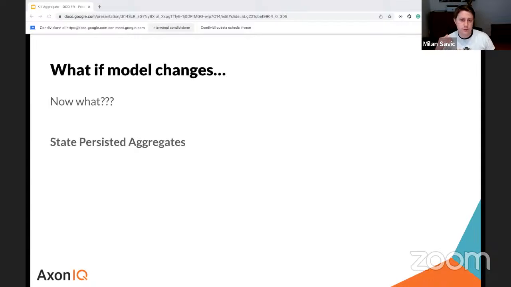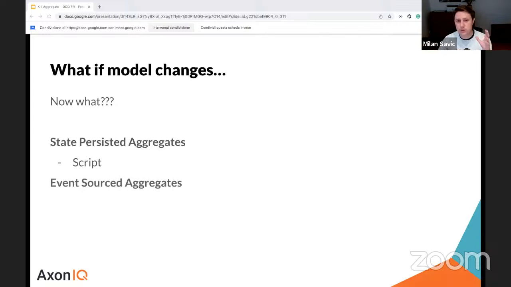In a case where we are persisting our aggregates to the state storage mechanism, so I said it's a SQL database, doesn't matter. Refactoring the model can be simple as just writing a SQL script, for example, to update the structure in the database model, relationships, etc. Of course, in cases where we want to store our aggregates as serialized blobs, let's say, serialized JSON or XML or some binary format, this approach is not so sufficient. So in certain cases, it is easy, in certain cases, it is not that easy.